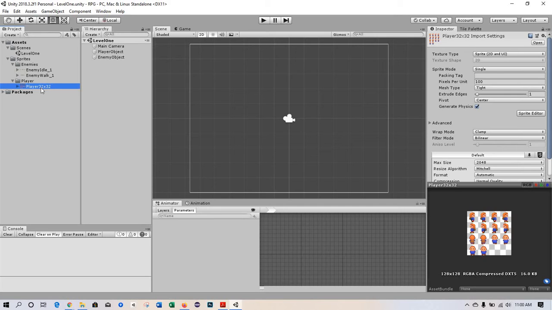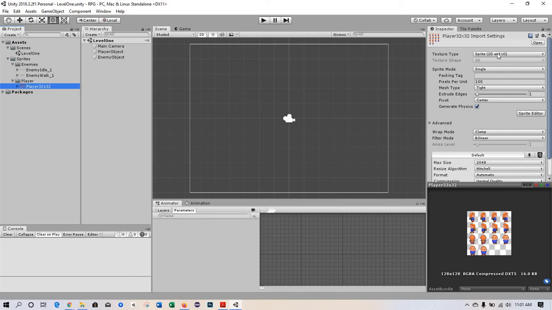So what we have here is a single image now with a grid of sprites that represent animations that we're going to be creating. And in order to use those in an animation, we need to split out each individual icon, which shows some position in our animation sequence. So clicking on player